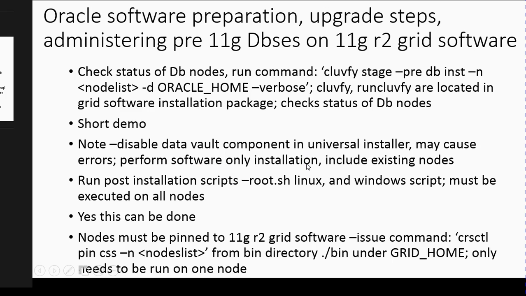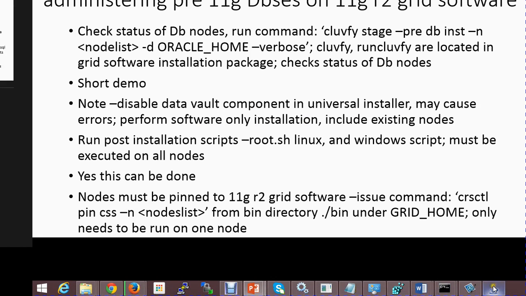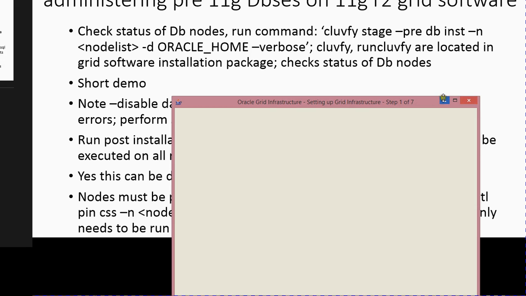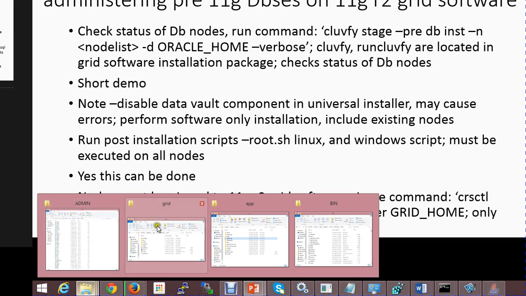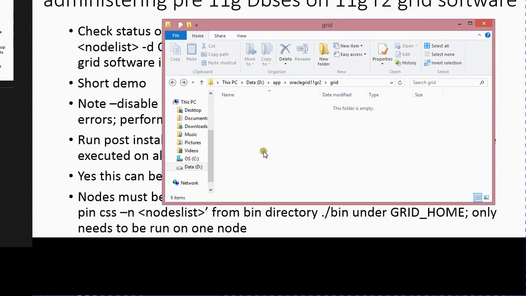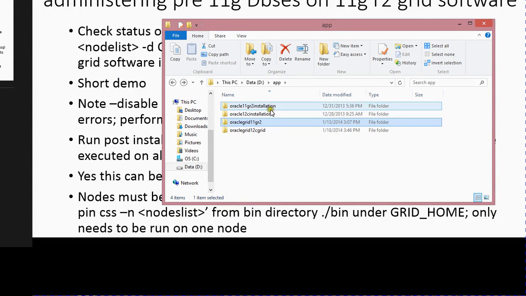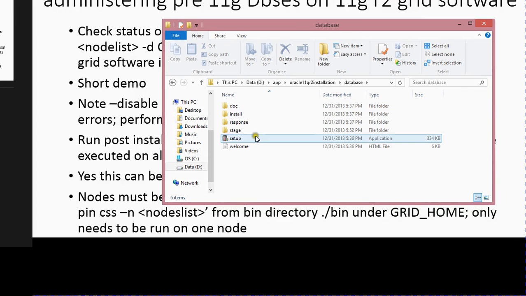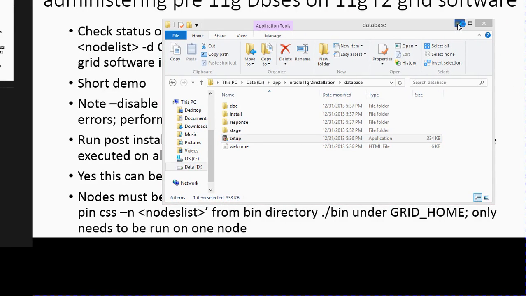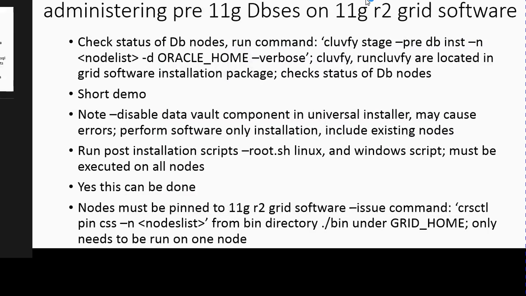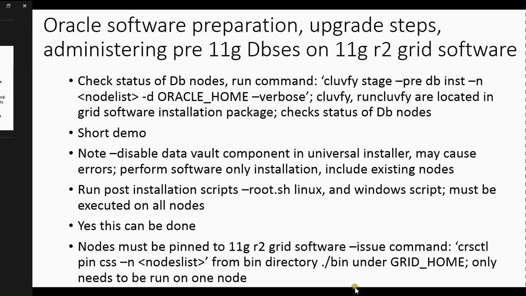By software installation, what I'm saying is that typically you go into this location, and if I'm on an 11G database, then I would just do a setup. Some of the installation screens would actually launch. I'm not sure if this is going to launch fast enough, but typically these installation windows will